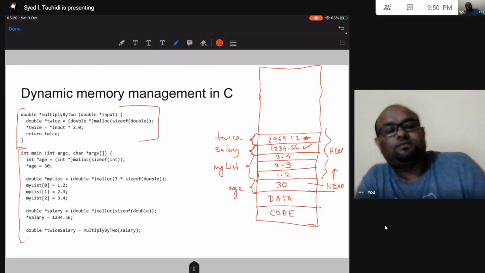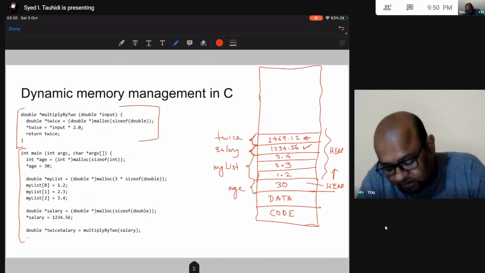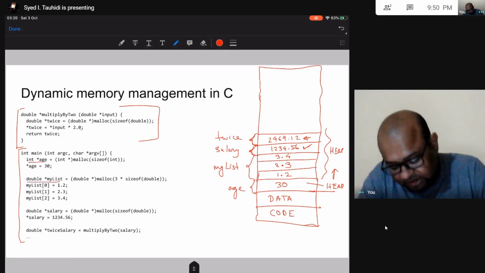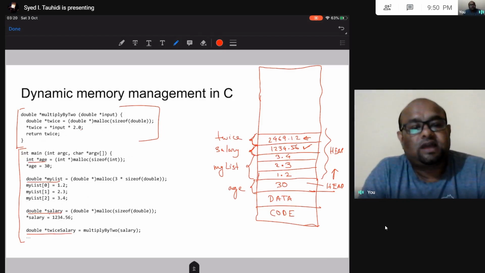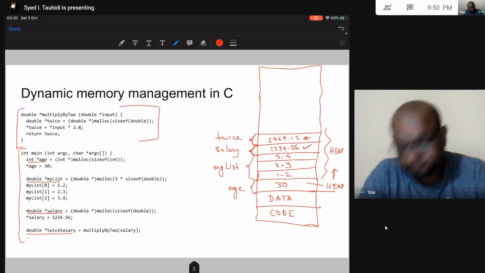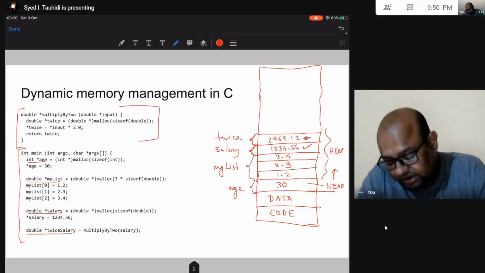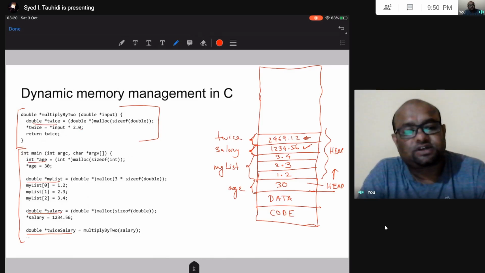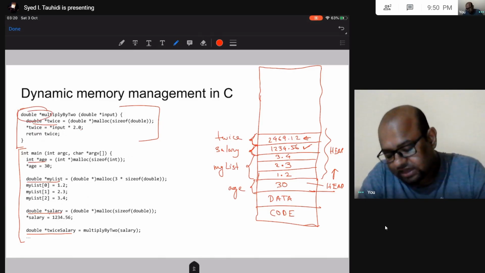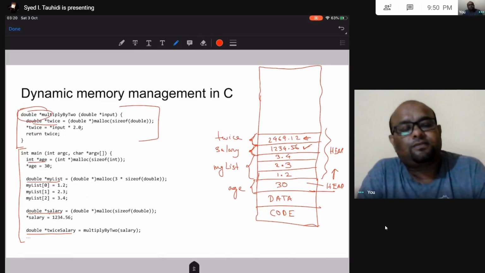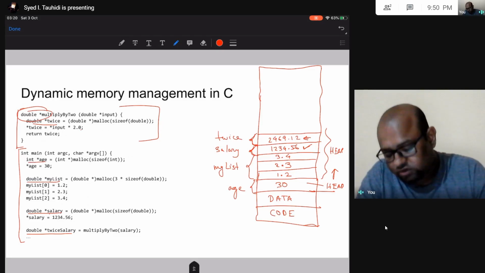I say there are. Okay, this pointer, this pointer, this pointer, and this pointer, these are pointers that are local variables in my main function, right? This is a pointer that is a local variable in my multiply by 2 function. Don't be confused about this syntax. This just says that this function is going to return a pointer pointing to some data which is of type double. So a double pointer is being returned by this function. That is simply what this syntax means.